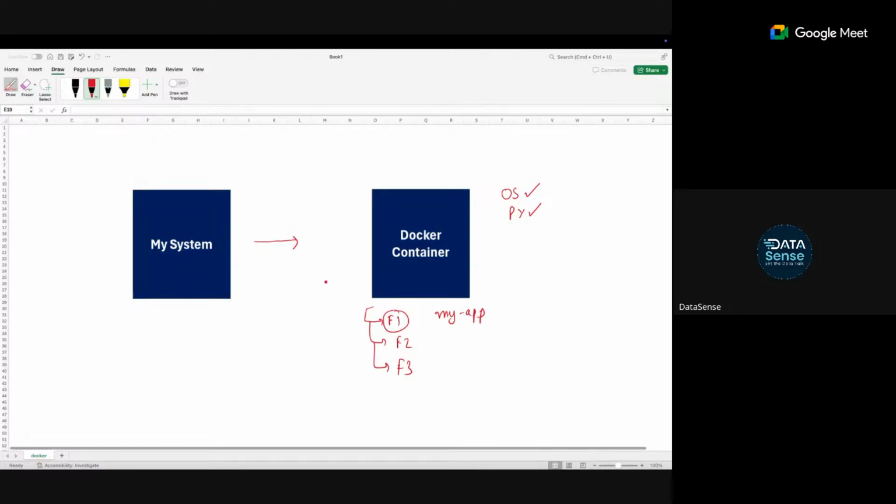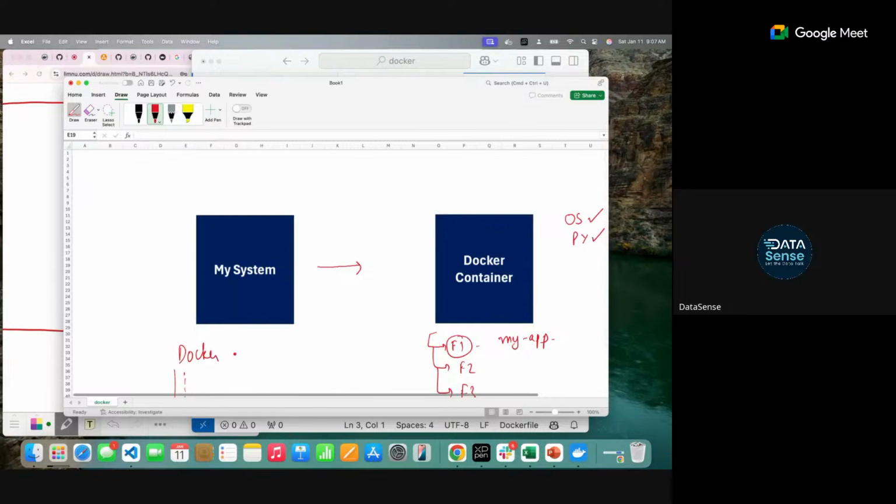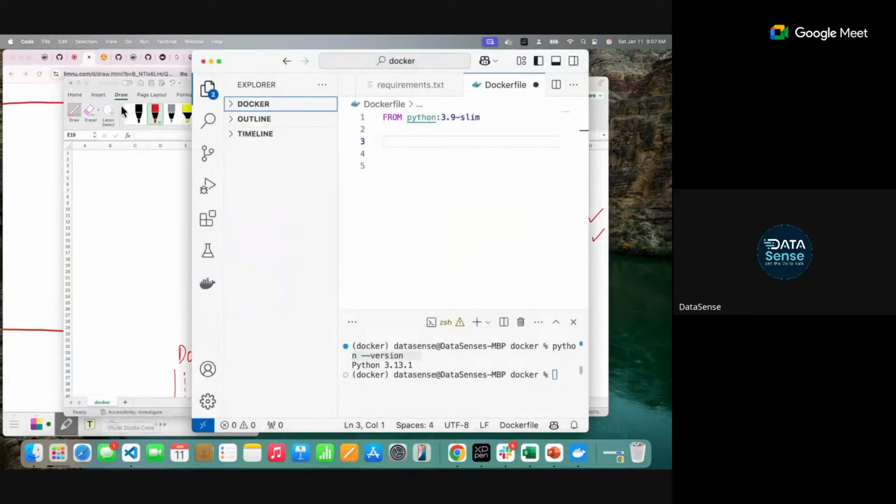Okay, so right now in my system, things are present in a folder called Docker, and I'm putting all the files which are present in this folder into a folder called my app. So I need to set up a working directory, that is where I'm moving things inside my Docker container. This is called a working directory in Docker.